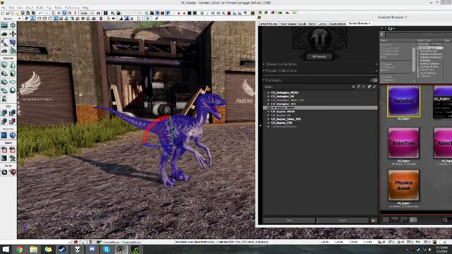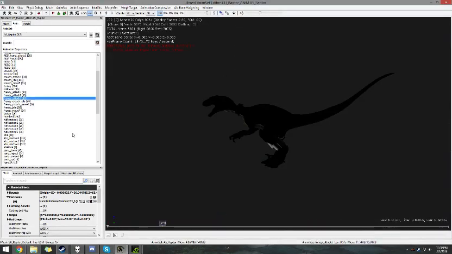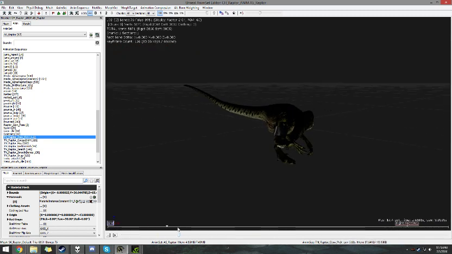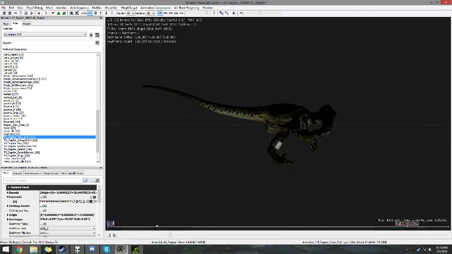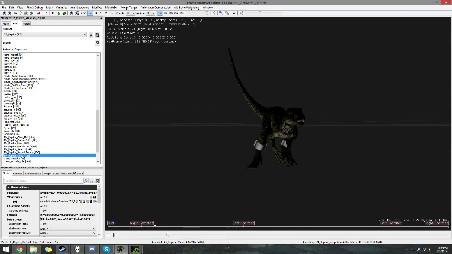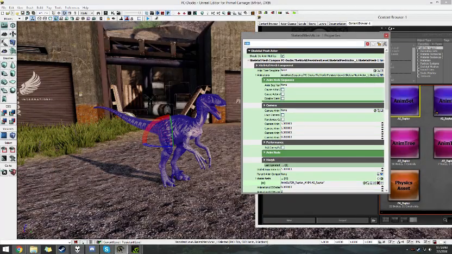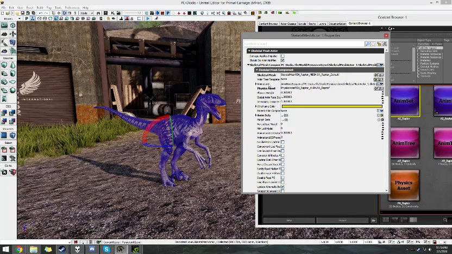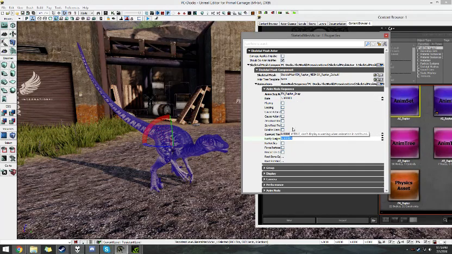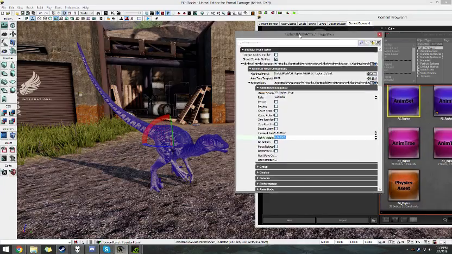And I'll come in here to find a cool looking animation. Maybe the Raptor Snap, that one seems to be pretty cool looking. At 0.5588. So we're going to open it up. Skeletal mesh, animations, anim node sequence. Type it in, current time 0.5588. And now that we've done that,